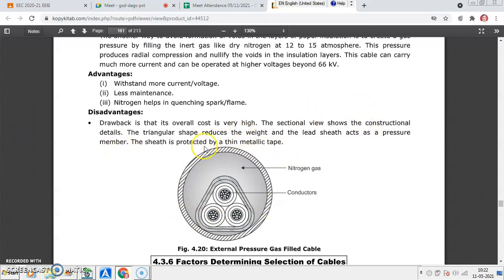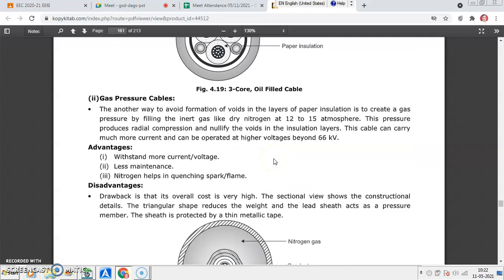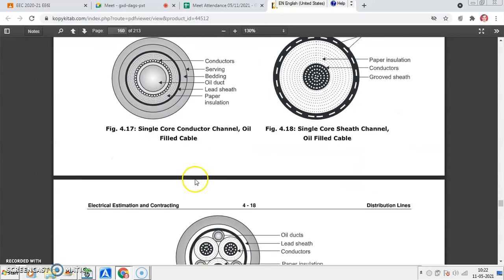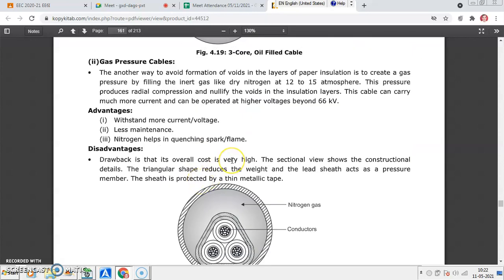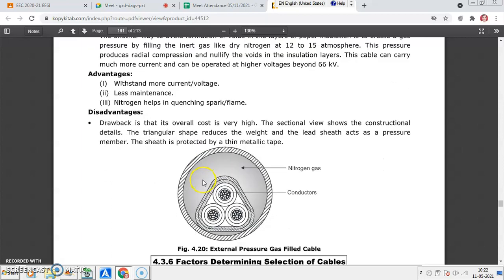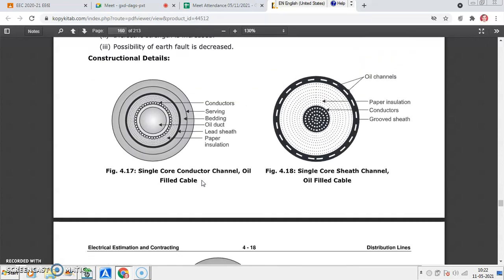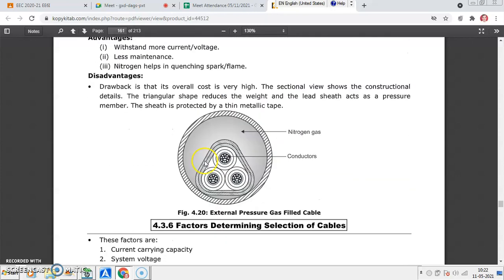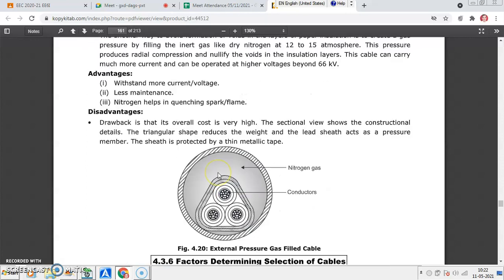This may be used up to 66 kV. You may have oil filled or gas filled cables. If you use sulfur hexafluoride or high dielectric strength oil, we may use cables up to 132 kV, 110 kV. The only difficulty is the very high cost. These oil filled, gas filled or pressure cables have very high cost. So normally we do not go for cable distribution at voltages of more than 22 kV. Okay. Any doubt?